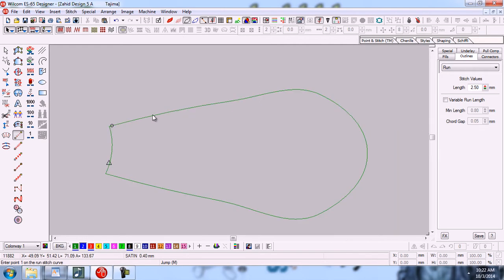To make the running stitch on this object accurately, we will turn off true view and show stitches. We will show only the outlines, and all these things you have learned in the previous videos.